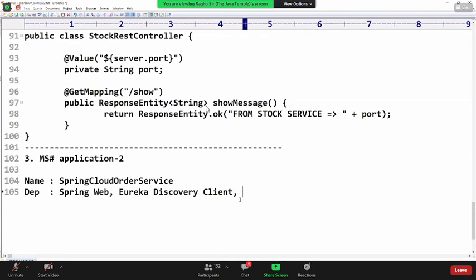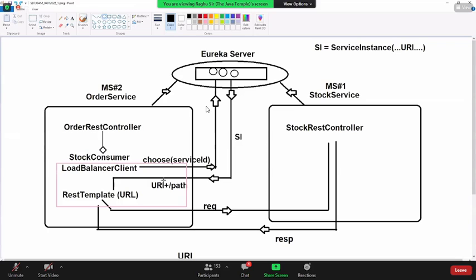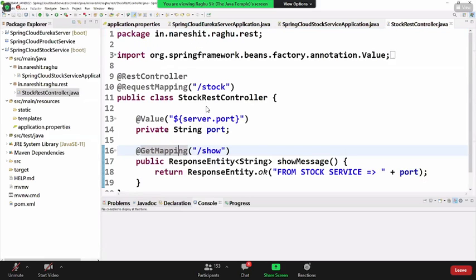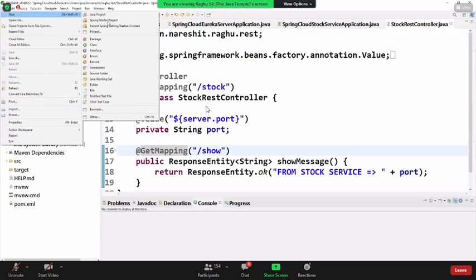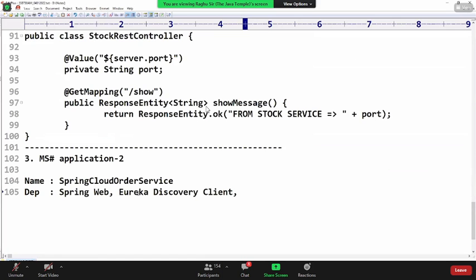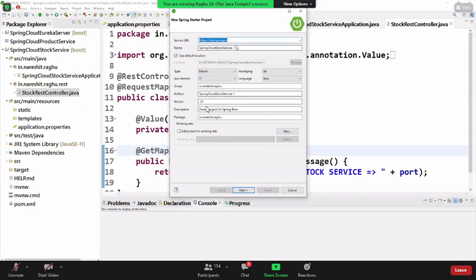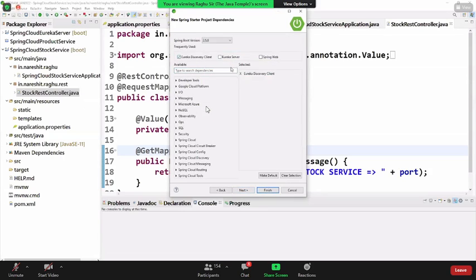This time we need to add an additional dependency for load balancer here. Only if you have a requirement to fetch data and communicate, then you add it. Otherwise it is not required here. So here I'm just creating one application, order service. Next button here, discovery client, web dependencies. You are just adding here.